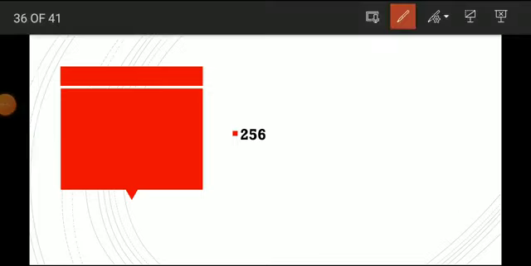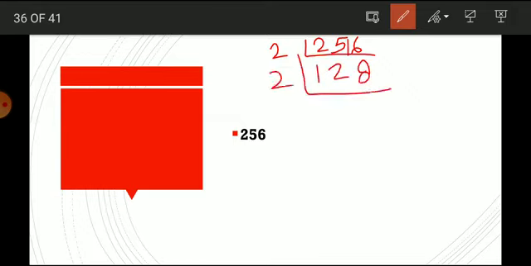Yeah, one more, I will explain again using this number. First I would take 256, right? Check the number's ones digit, that is 6. So we can use a 2. 1 2 is 2, 2 2's are 4, the remaining is 1. So 8 2's are 16. Then again 1 is not in the 2 table, so I will take 12. Then 6 2's are 12. Then 4 2's are 8.